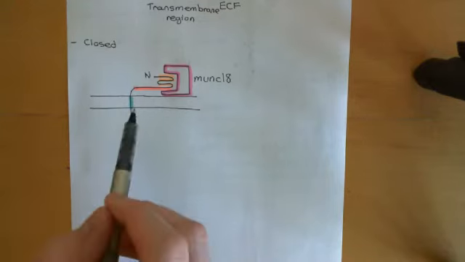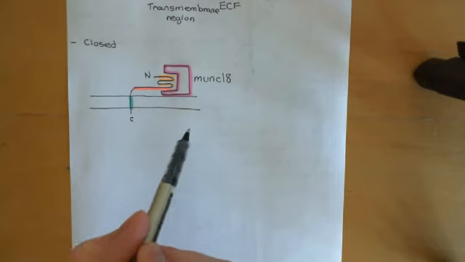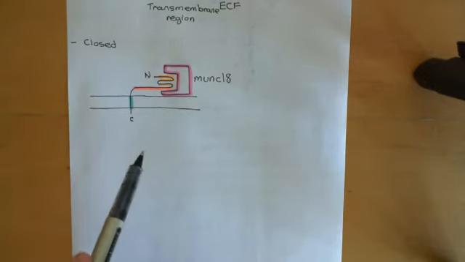Because syntaxin 1 needs to be in the open conformation to prime synaptic vesicles to form the snare complexes. So it seems a bit odd, that MUNC18 seems to be against exocytosis by locking syntaxin 1 in the closed conformation,